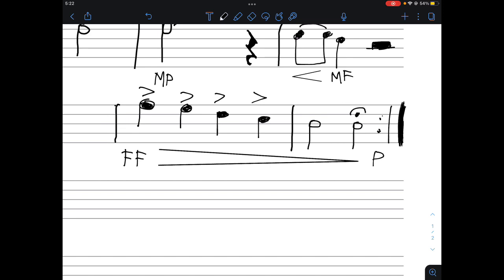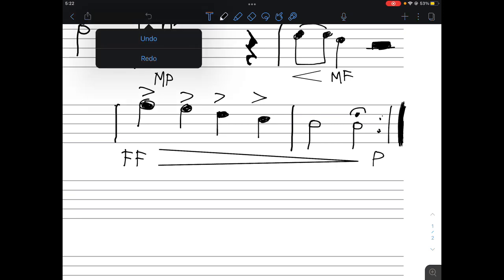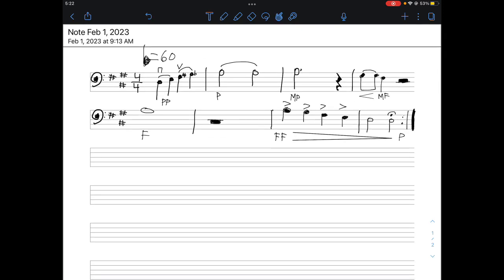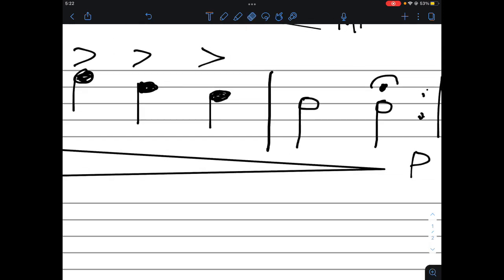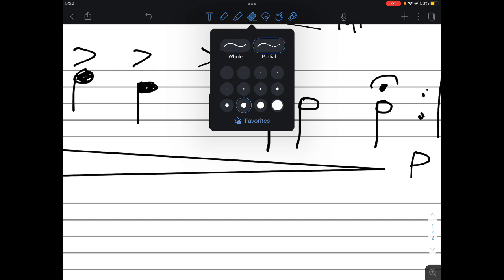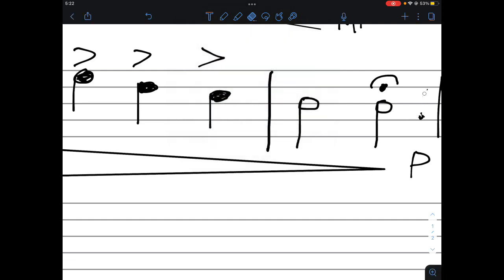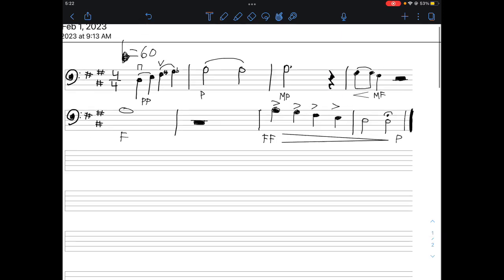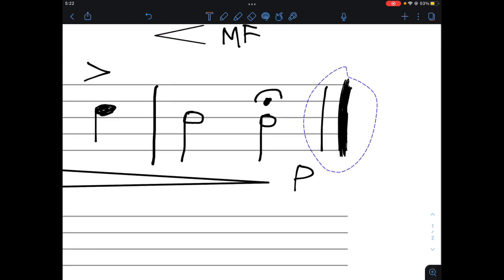That's not what I drew this originally as. But that basically just means stop the piece, no matter what you need to play.